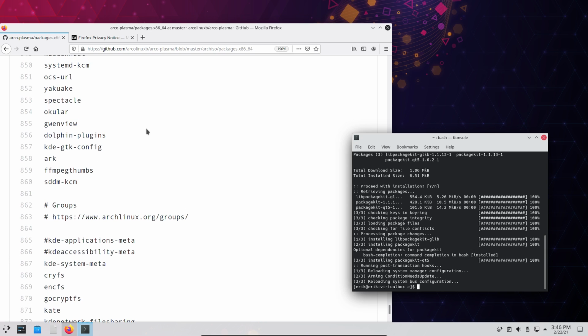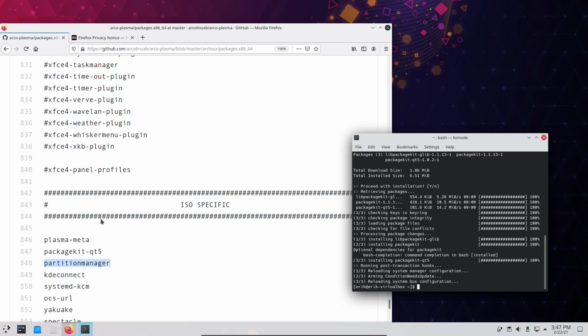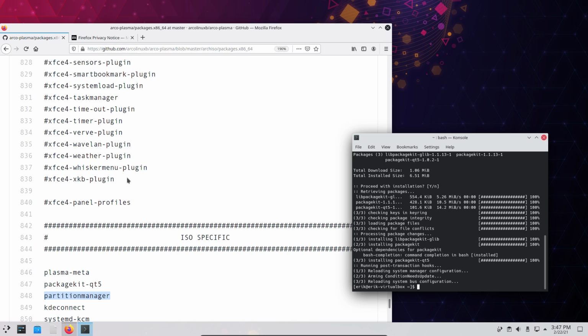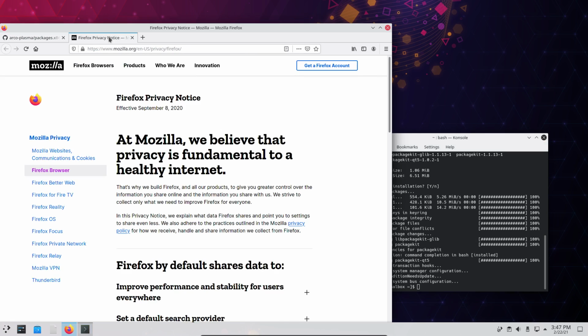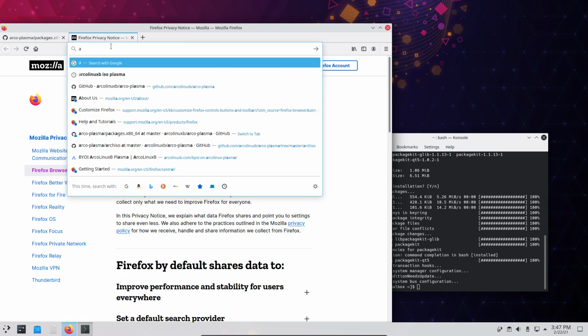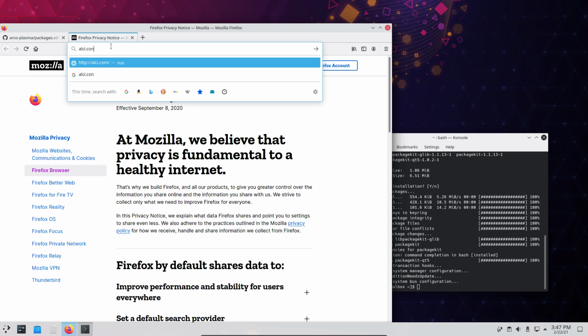Still very minimal, but it already has something about encryption here and stuff like that. Don't like it, don't install it, and build the ISO. That's the point of the ArcoLinux B ISOs. Build it yourself. Now, the ISO we're working on is coming from here, from the project